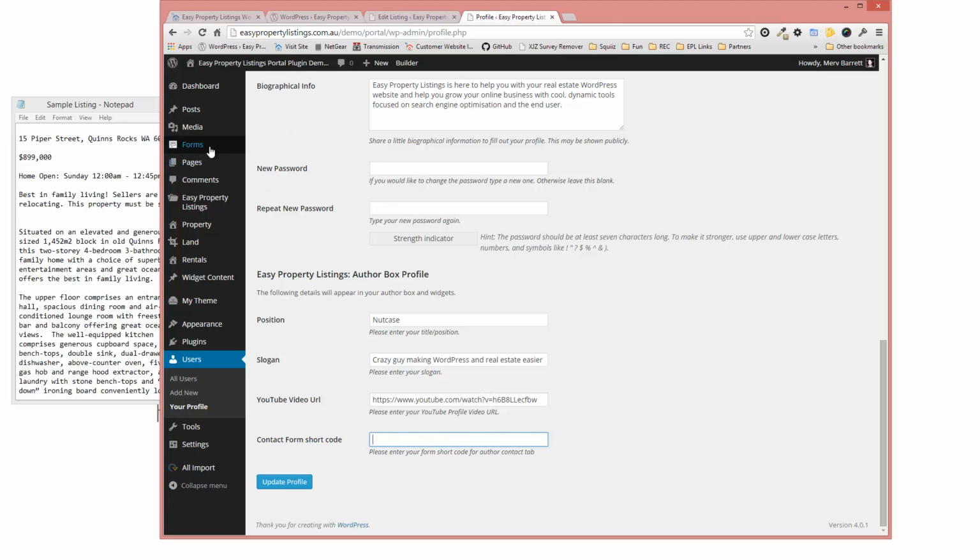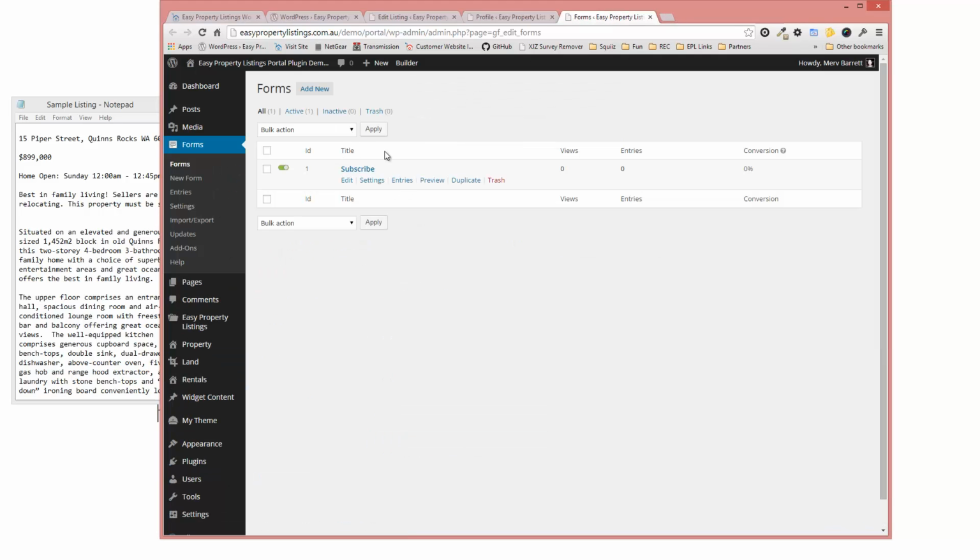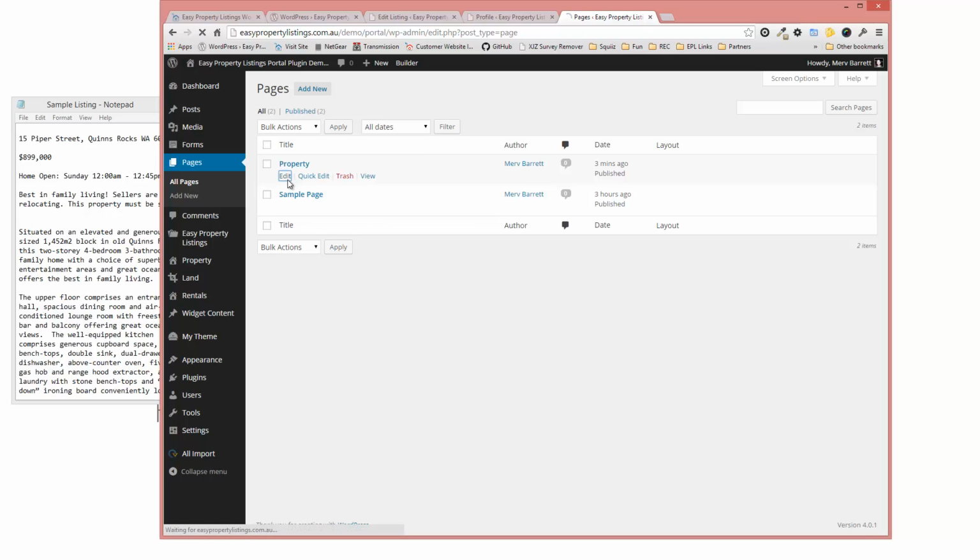So why don't I just quickly do that to show you how we can achieve that. I've got Gravity Forms already installed. So let's pop over there to Gravity Forms, and here's our little subscribe form. It's just asking for an email, and you can configure this with Gravity Forms. So let's grab the shortcode, and the easiest way I find to do that is to just go to a page, any page or post, press edit,